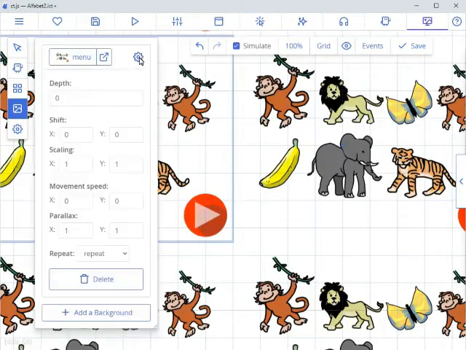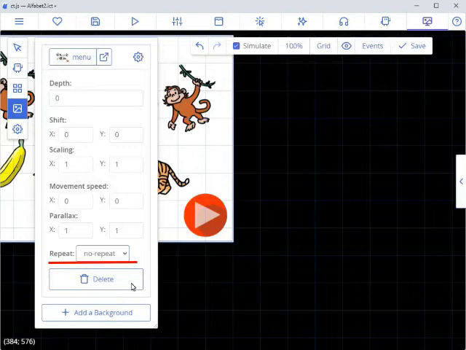We then go to the settings for the background. We can leave everything as it is except for the repeat field, which we will change to no repeat. The repeat settings are for games with scrolling one way or another. The next button is for tile sets. We are not going to use a tile set, so we can skip that.